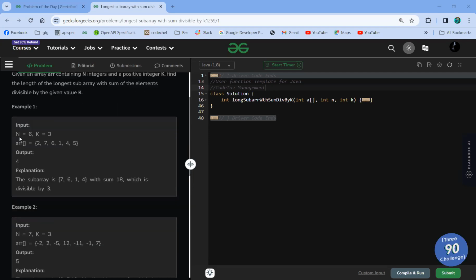Okay, so here the number of elements is 6, so the array has 6 elements and k is given as 3, so you need to calculate the subarray sum which will be maximum and also divisible by 3, right? So here 7 6 1 4, the sum is 18 and which is divisible by 3, so this is the subarray sum. Okay,